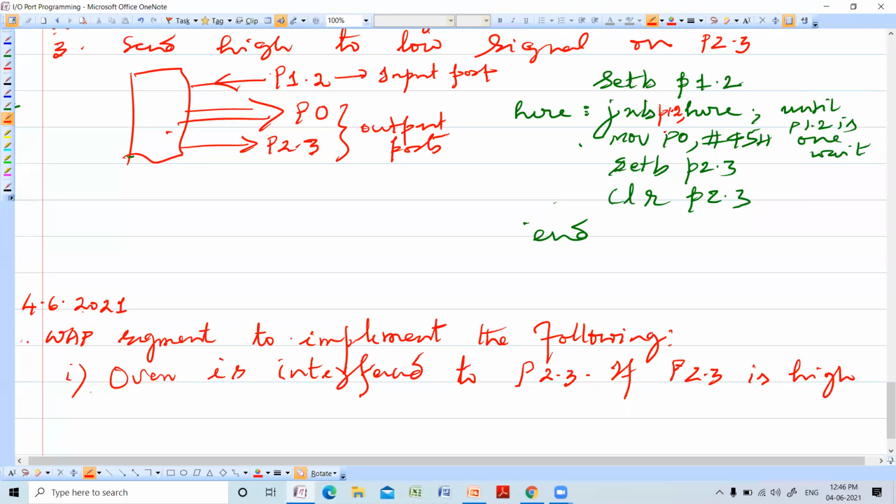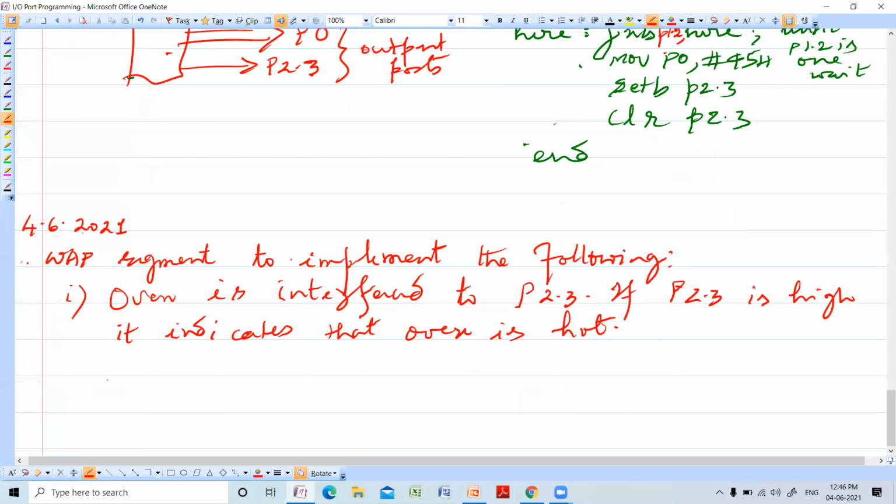If P2.3 is high, it indicates that the oven is hot.